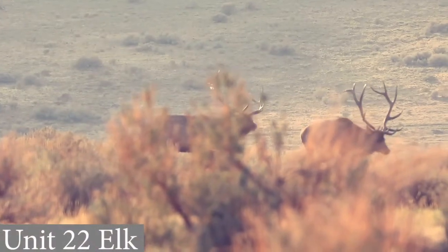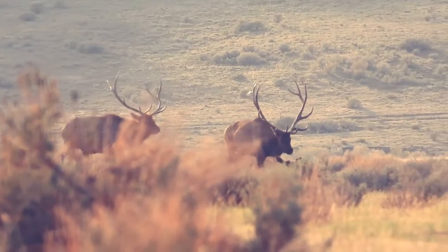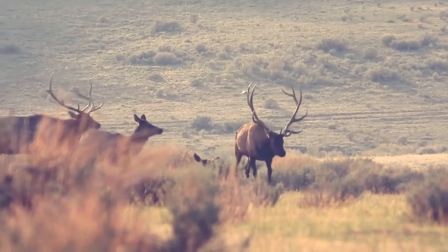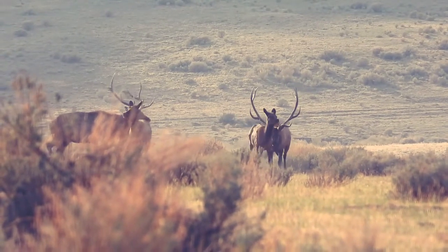Similar to mule deer, the elk are also directly influenced by the weather patterns. The higher elevations are populated more densely with elk in the warmer climate, where they can forage for food easily. The lower canyons and open country lands of Unit 22 are infiltrated by elk as the weather cools down and